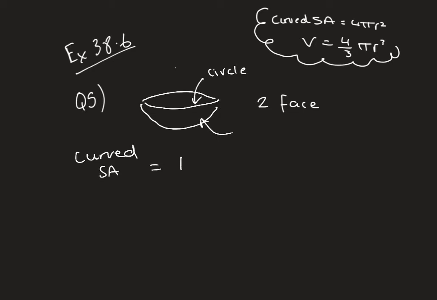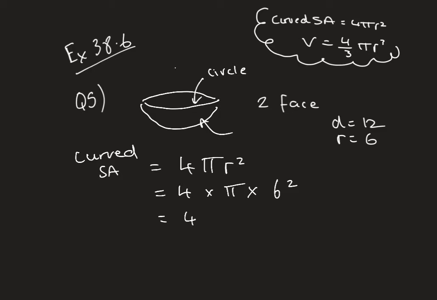So the formula will be 4 pi r squared. So 4 times pi times, the diameter is 12, so the radius is 6. So 6 squared. So we're doing 4 pi times 6 squared, which is 452.39. So that's the full curved surface area. If we want half of it,